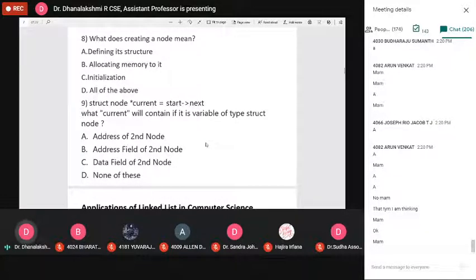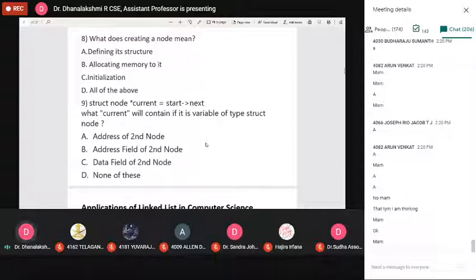Where is Balaji? Balaji, have you written that program? Last class he told you, he gave a small brief introduction about circular linked list. Balaji is there?